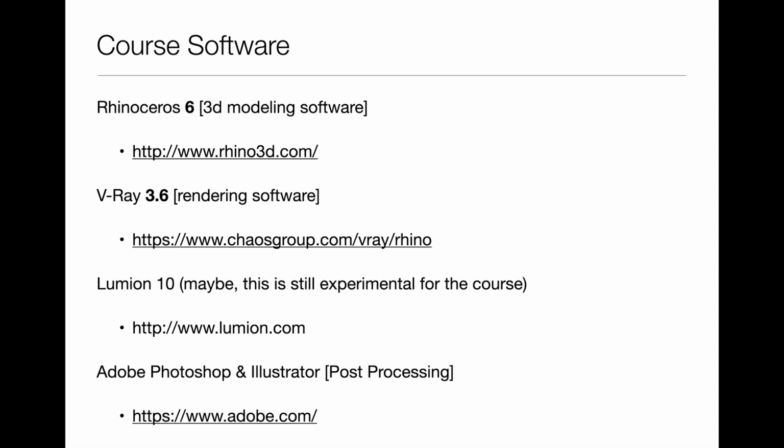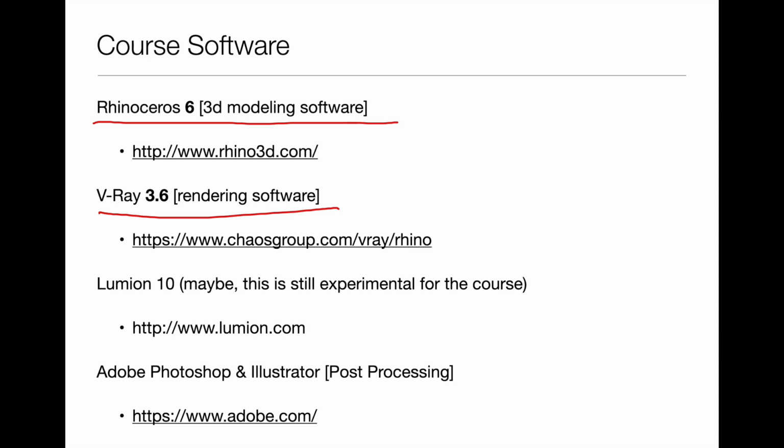Course software. So we're using two things primarily. First one is, of course, Rhino. That's the big one. That's where we're going to do all of our 3D modeling and all our advanced surfaces, etc. You can go to the website rhino3d.com to see more information about it. And then we're going to be using Vray. I actually think we're at version 4 now. They just updated it, so we've got a newer version, but it's very similar to 3.6 listed here on the slide. That's what we're going to do our representations, our renderings, our materials, and lighting in. It's fantastic software, although it's a little bit daunting at first because there's so much to creating high quality renderings.